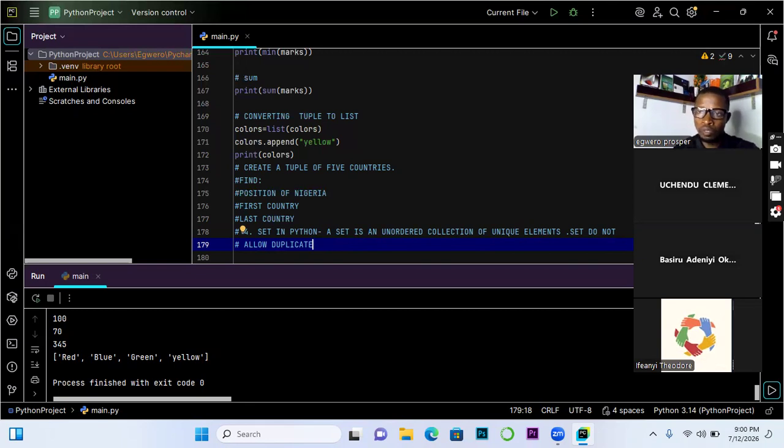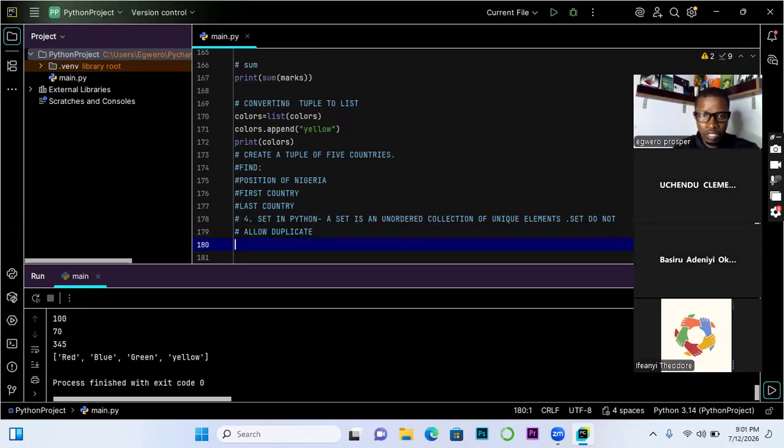There are programming purposes for using them. There are sections within your app where you just want things not to be repeated for certain reasons. That will inform you of the type of data structure to use, right? So, does not allow duplicates. That is number one, unique feature of sets. Like I said, sets do not allow duplicate values, are useful for removing duplicates and performing mathematical set operations. All right, just to add to it.